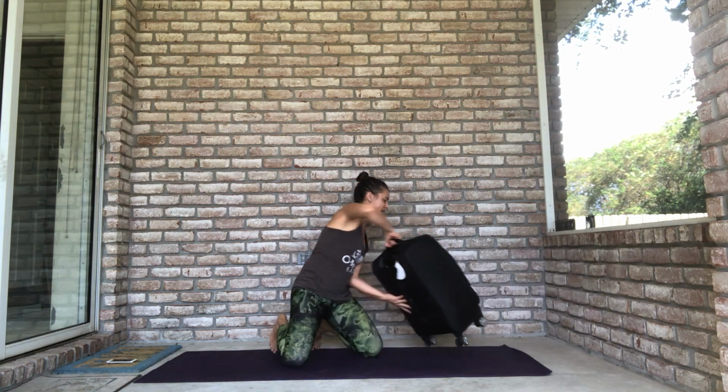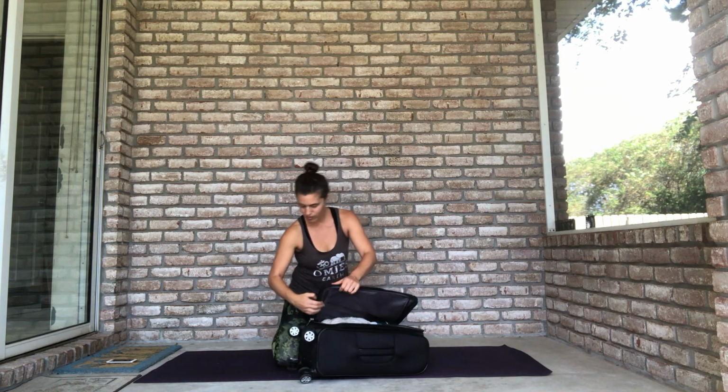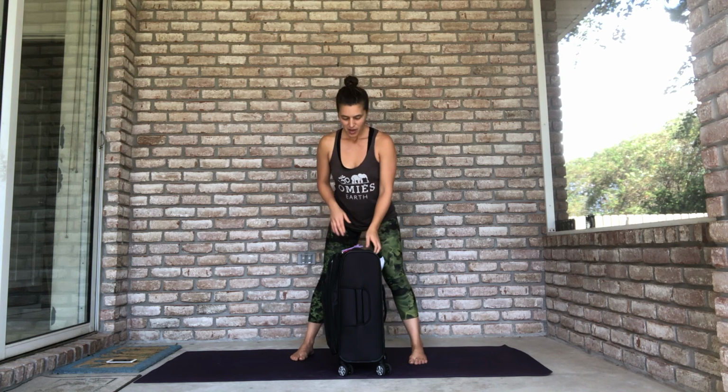The first thing that I want you to do is to fill up a suitcase full of some stuff. Now it doesn't have to be super full, and yes, this suitcase is in fact full. I will show you. It hasn't even been unpacked. So just so that you know that I'm not cheating, this is still full of all of the stuff that I had with me on vacation because it takes me a while to unpack. So all I want you to do is once you've packed up your suitcase, so if you need to pause the video and go unpack a suitcase that could fit in the overhead bin,